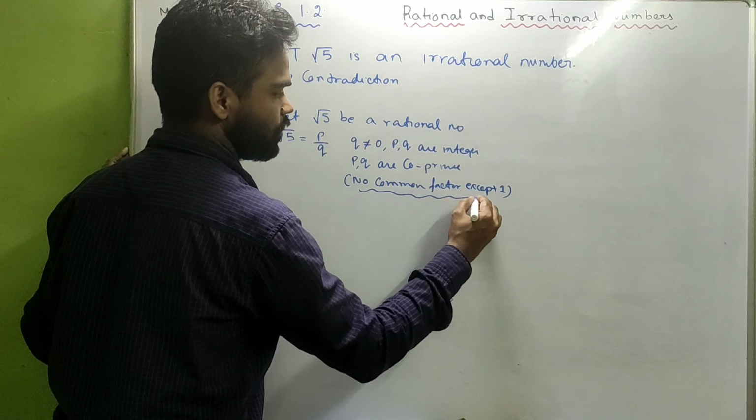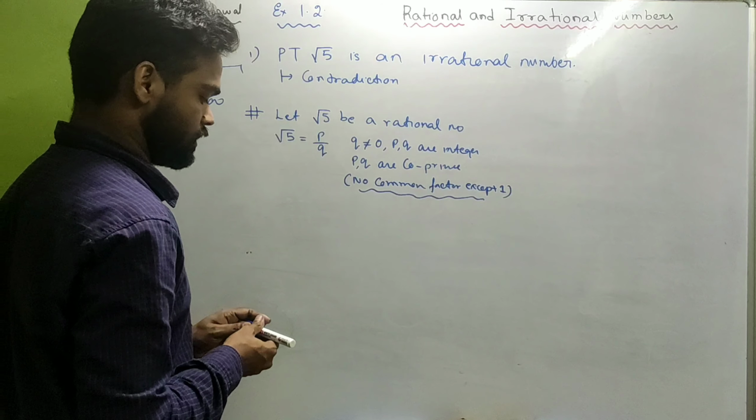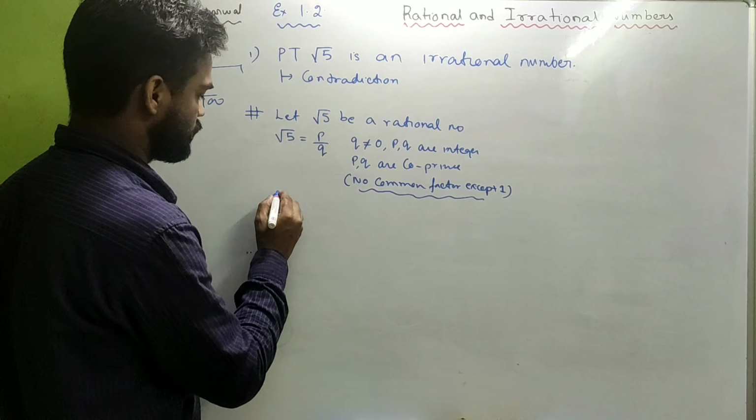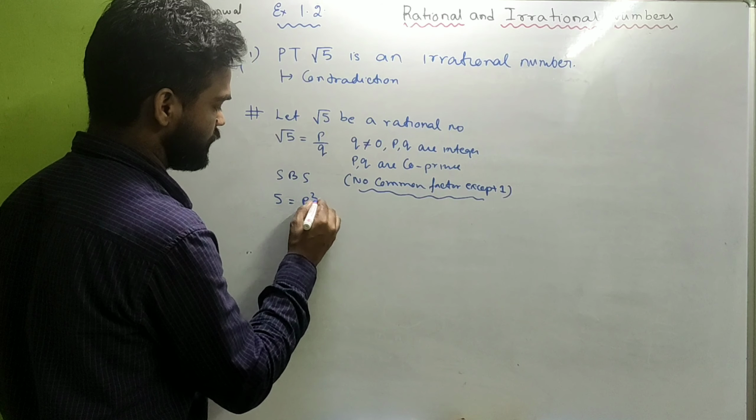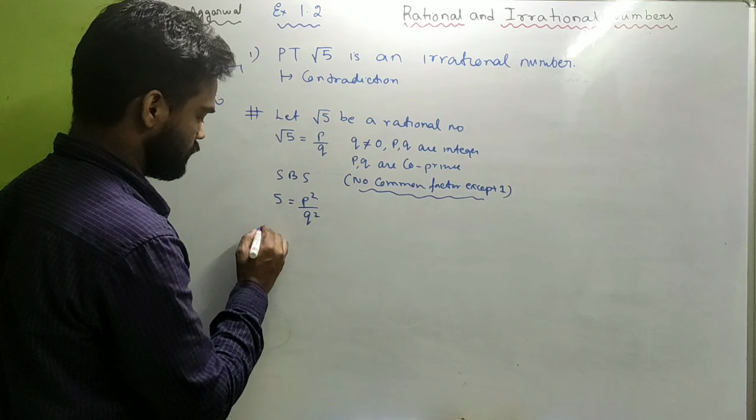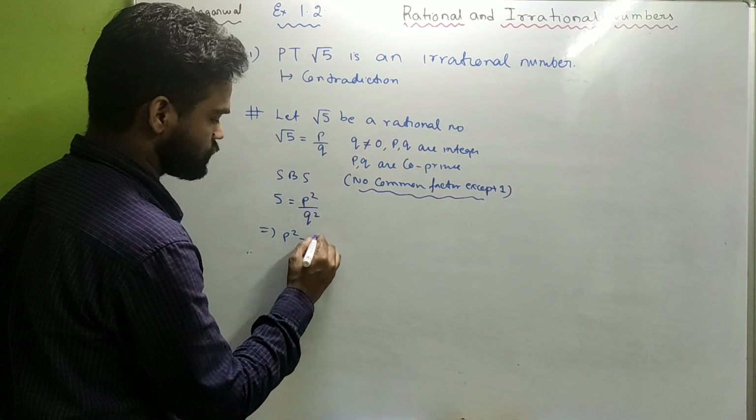Remember this is very important, okay? Now let us see. Squaring both sides, we'll do squaring both sides. So it becomes 5 equals P square by Q square, which means, can I write P square equals 5Q square,